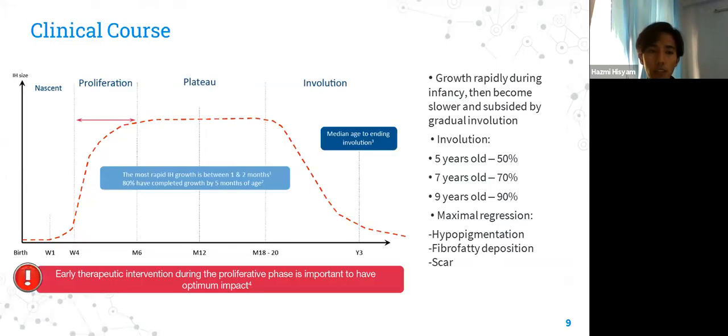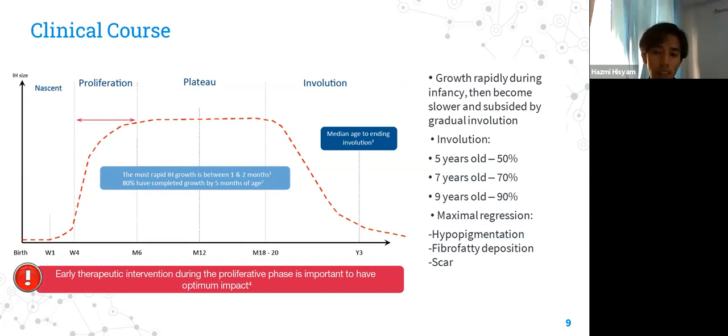So next we move into the clinical course of hemangioma. So as you can see at the graph, hemangioma usually starts to rapidly grow from the first week of birth until the 4th week. That is called the proliferation phase. And starting at 6 plus 1, it will have a slow growth. And from that into 24 months or second year, it will have what is called plateau, which is it does not grow,